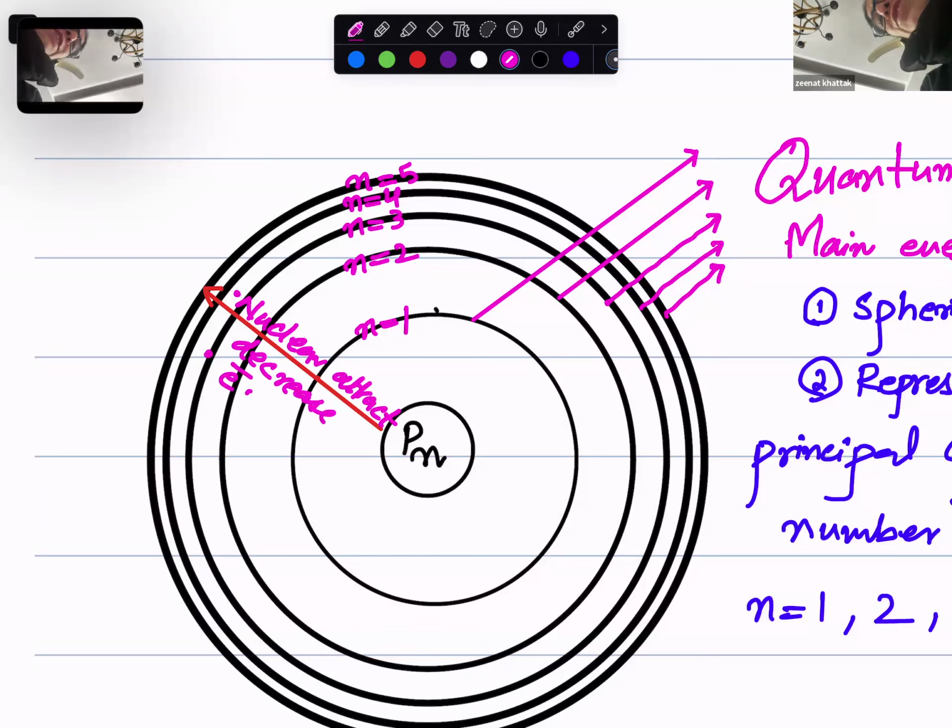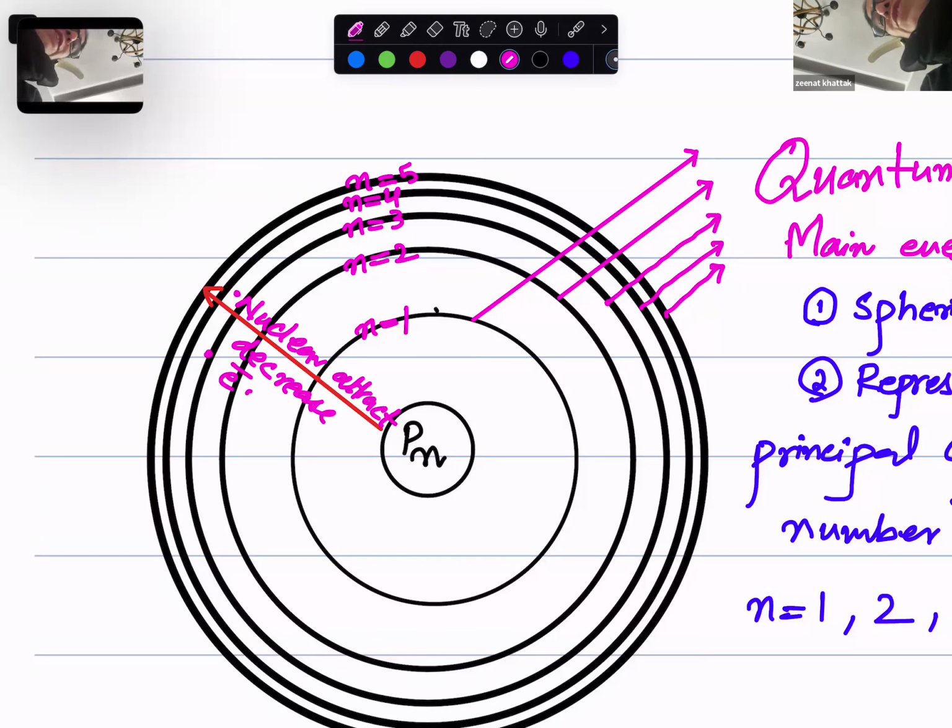Electron movement increases. Kinetic energy increases. So if the electron is in the first shell, it is more in the control of the